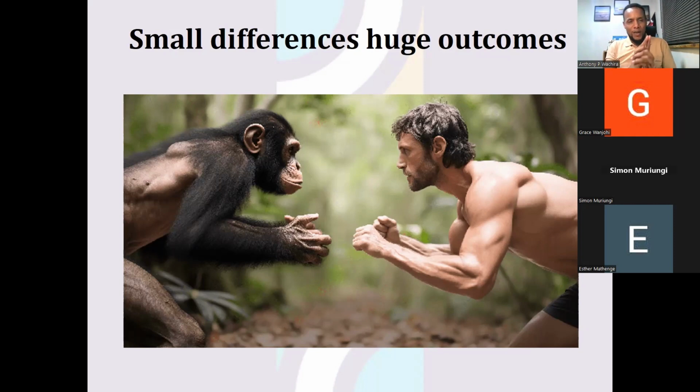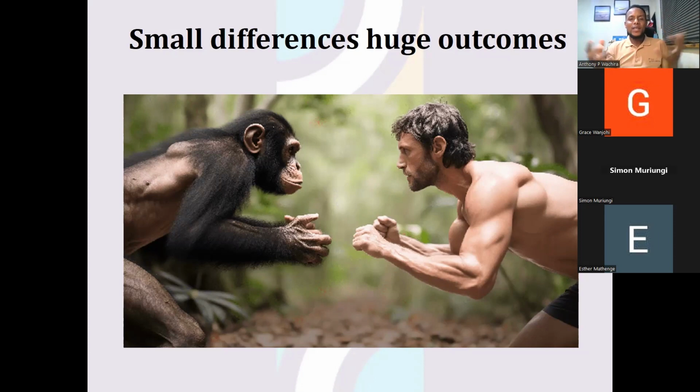The DNA of a chimp and another animal called a bonobo, also an ape, and the DNA of Homo sapiens, me and you, are approximately 99% the same. That 1% is why we look less hairy than that animal. That 1% is why we are able to make computers. We're able to make rockets. We're able to make electric cars. We are able to go to the moon and to Mars and to make AI because of 1%. Small differences have huge outcomes.